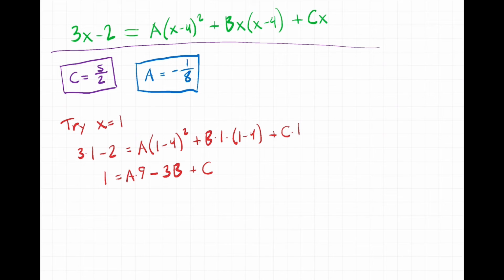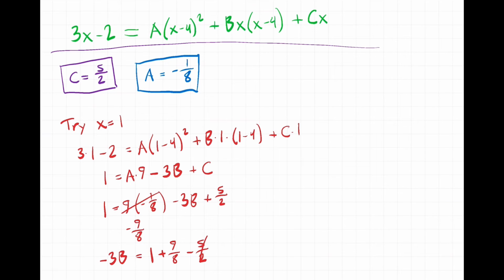How can I solve for my missing variable here? I want to solve for b. Well, I actually already know what a and c are. That's very convenient. Let's fill them in. 1 equals 9 times a, which is negative 1/8, minus 3b, which I don't know, plus c, which is 5/2. So I can rewrite 9 times negative 1/8 as negative 9/8. And we'll just keep solving for b, right? So negative 3b is going to equal 1 plus 9/8 minus 5/2,